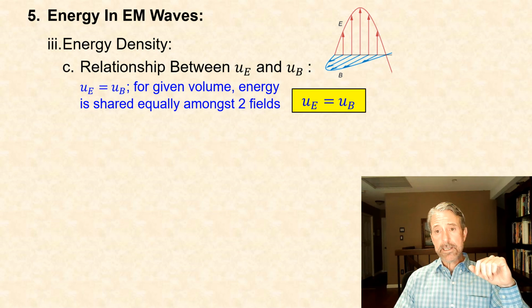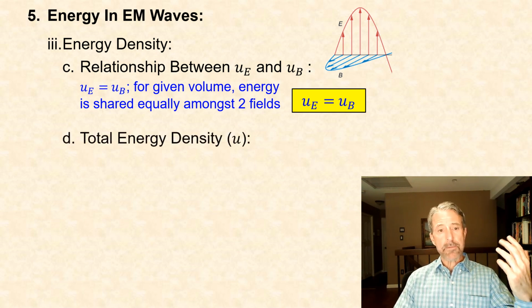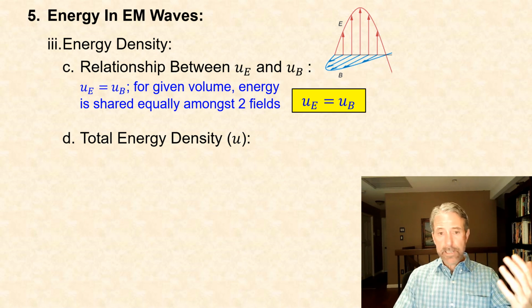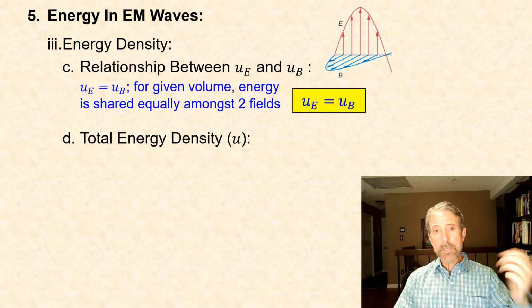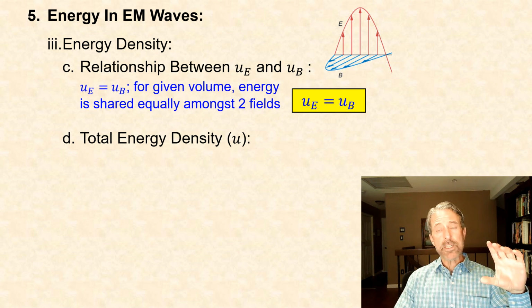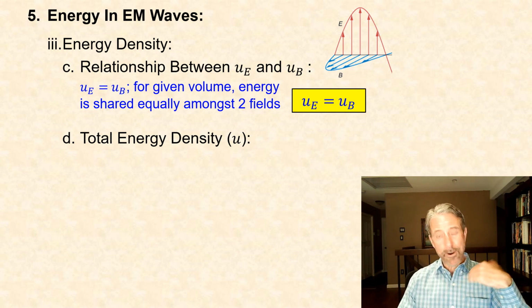Now, if we want an expression for the total energy density, that is the energy density of both electric and magnetic fields, then we simply need to sum up the energy densities of each field separately. And since they are identical to one another, it should not be surprising that to get an expression for the total energy density, we can simply take our expression for the energy density of either field and